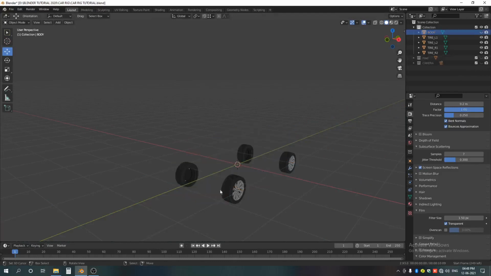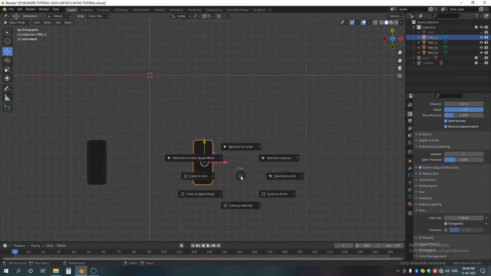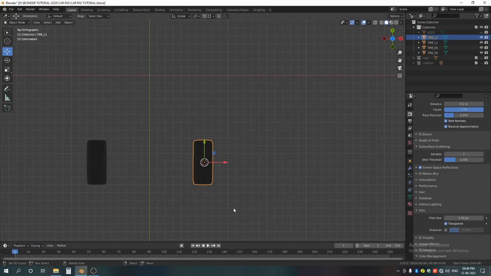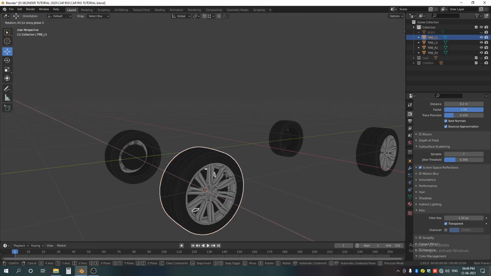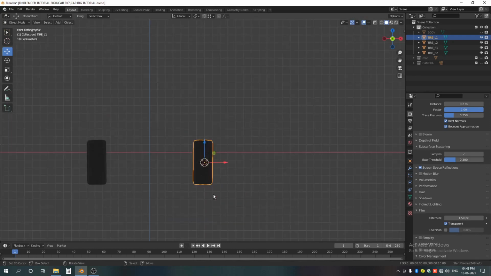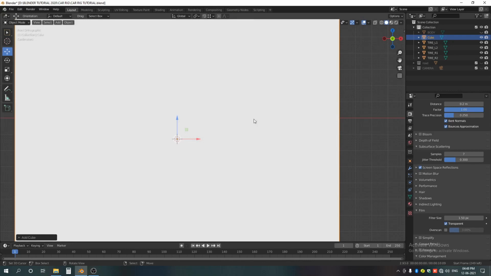and our body. Okay, now press Shift S and select cursor to selected, so our cursor can move to the center of this tire's origin, which is here. Okay, now go to the front view and add a new cube.